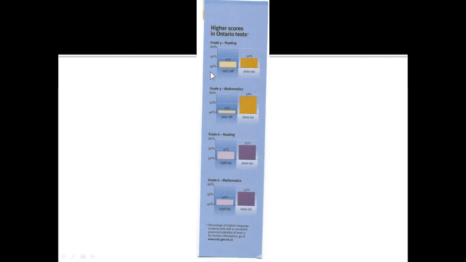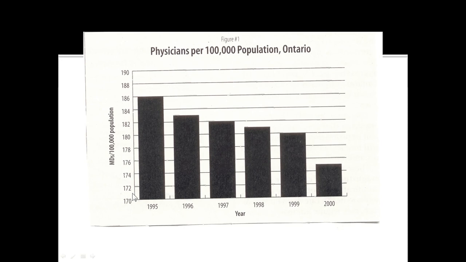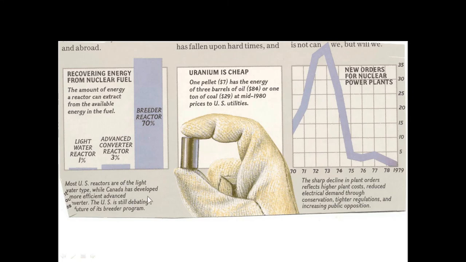Take a close look at this one. Notice, first of all, none of these start at 0. And they should, because it's exaggerating the change. It's making it look like there's a really big change. Now, mind you, this might actually be a pretty big change. But it would be more accurate to show it if you started at 0 and went to the top. Once again, talking about physicians, it doesn't start at 0. Again, more physicians. Again, not starting at 0. Very common not to start at 0. Off the chart.